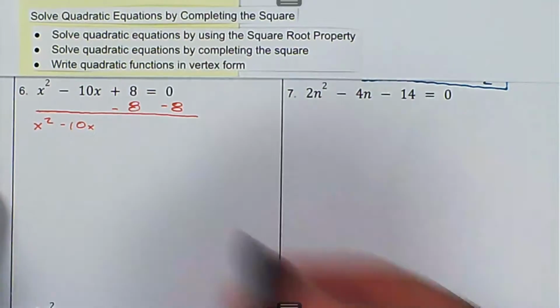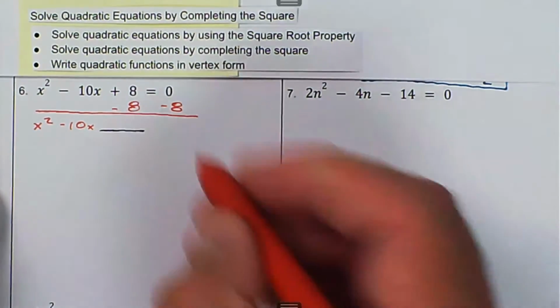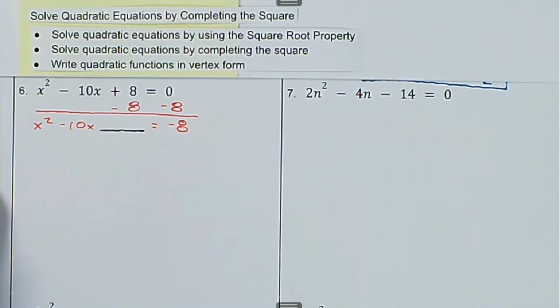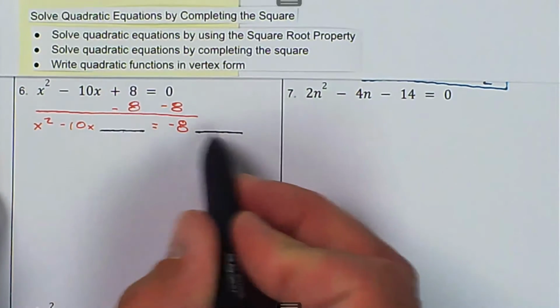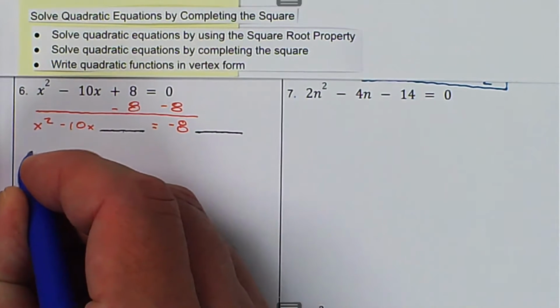We're going to have to substitute in some c value later, and that's going to be equal to negative 8, and then plus whatever we add to the left side, we have to add to the right side in order to keep our equation balanced. So our c value that we're trying to calculate,